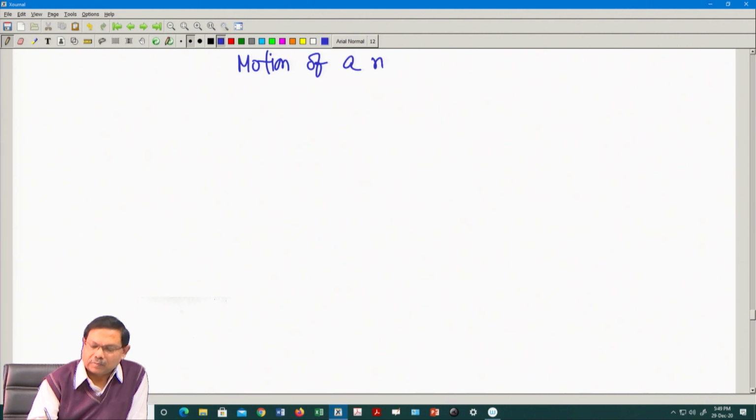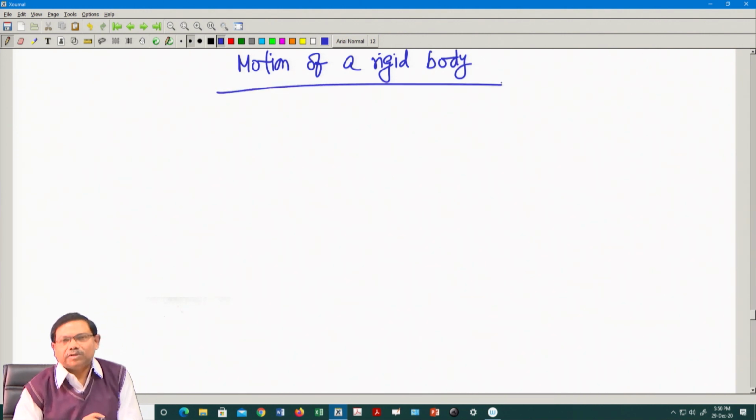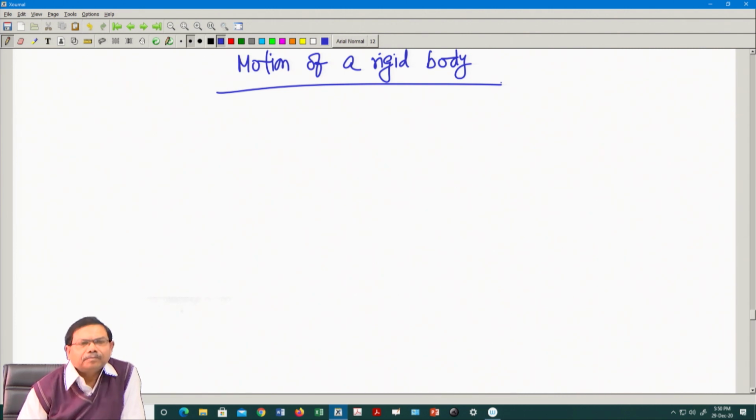Motion of a rigid body. Okay. So, if we have a rigid body, the distance between any two particles cannot change, and at the same